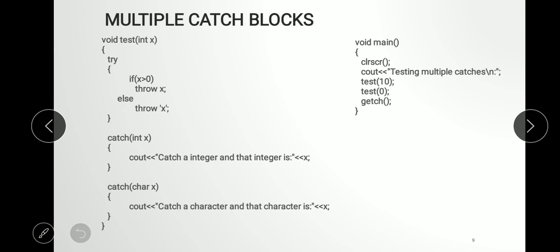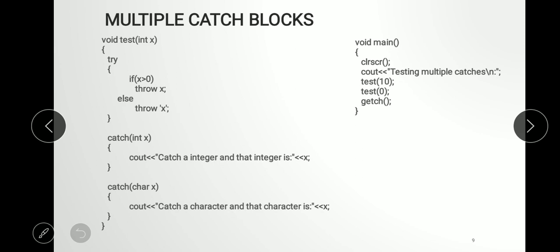Inside this program, in the try block, if the condition is greater than 0, then you throw to the first catch block, that is, throw x. If the condition is less than 0, then you throw to the second block, that is, throw x.